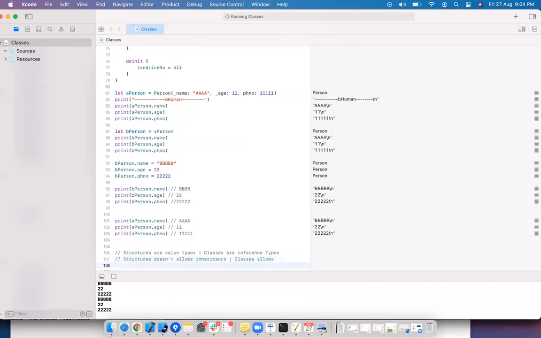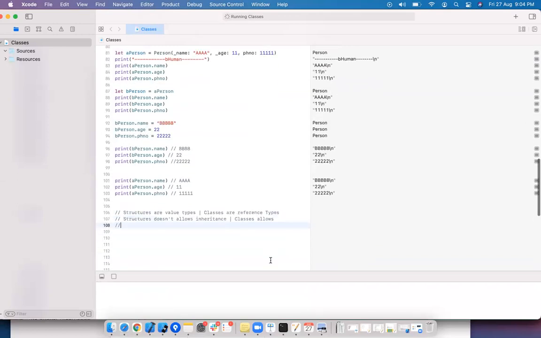Classes allow inheritance. Structures do not have a deinit method, whereas classes have a deinit method.